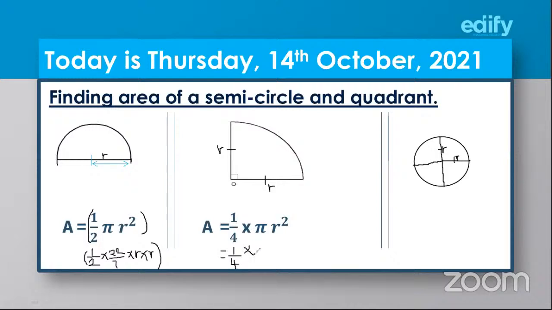Again here, we shall use pi as 22 out of 7 if the radius given is a multiple of 7. So you can use 22 out of 7 times our radius raised to power 2. Any number that is raised to power 2 means that number has been multiplied 2 times, r times r. Then here you replace the radius that is given. So learners, this is what we are going to use to find the area of any of these 2 figures,